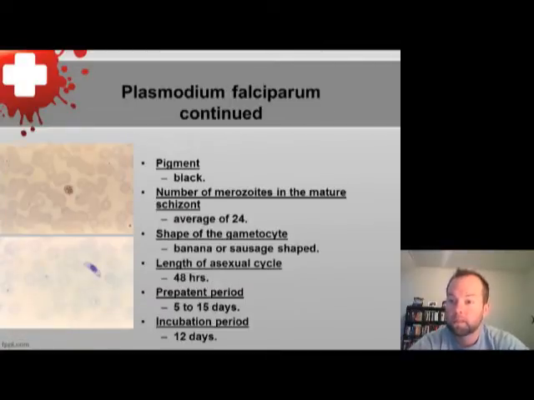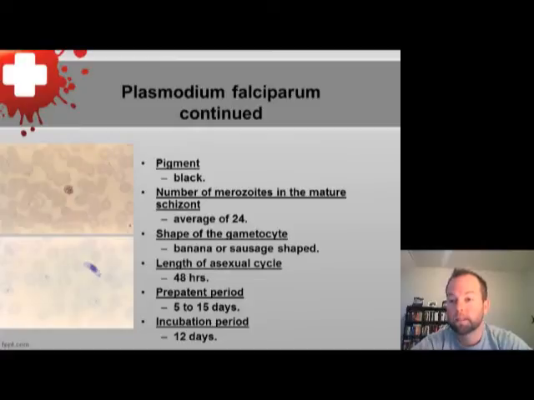Pigment can be present. It usually appears black. The average number of merozoites in the mature schizont is around 24, so far more merozoites than the last three species of Plasmodium that we talked about. This would result in more red blood cells being infected, more red blood cells being lysed, and a more severe case of anemia